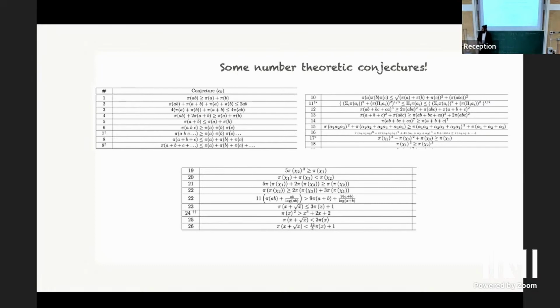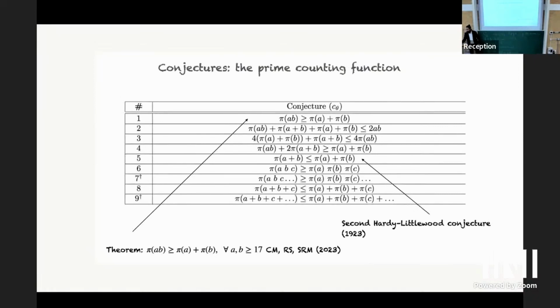So what is Rosser's inequality? With the help of Yang and Ilya in the London Institute, and with some conversations with Thomas Fink, we were able to prove that this is indeed true for all A, B greater than or equal to 17. For those of you wondering why we can't check the remaining cases, the case that we haven't been able to check is when A is less than 17 and B is not. That's the case that still remains open, but I suspect that is going to be true. So I'm sure the distinguished number theorists here can prove this over the lunch break.